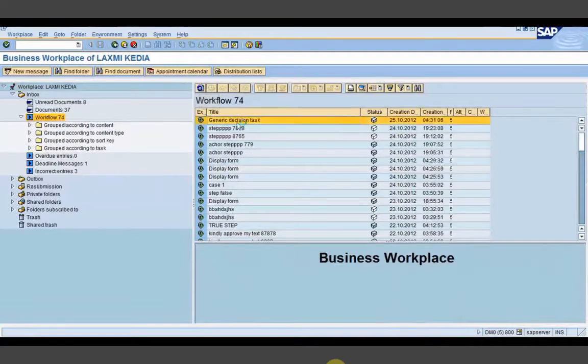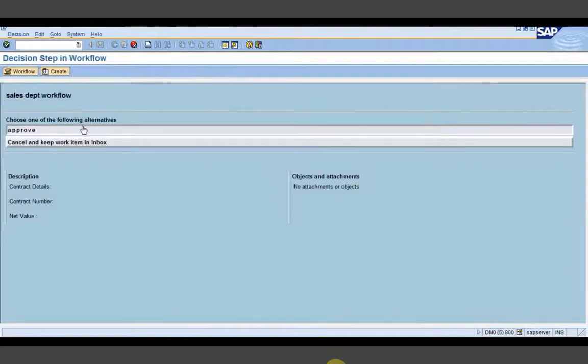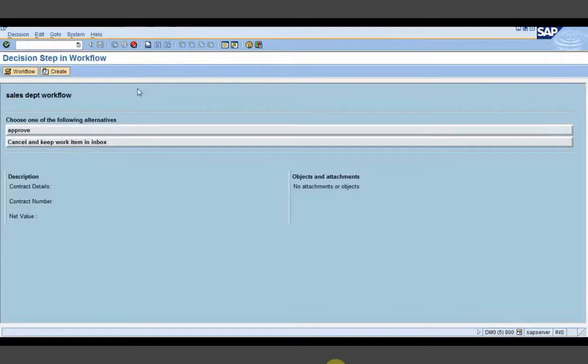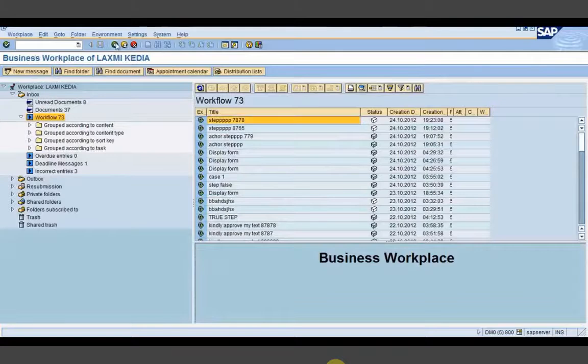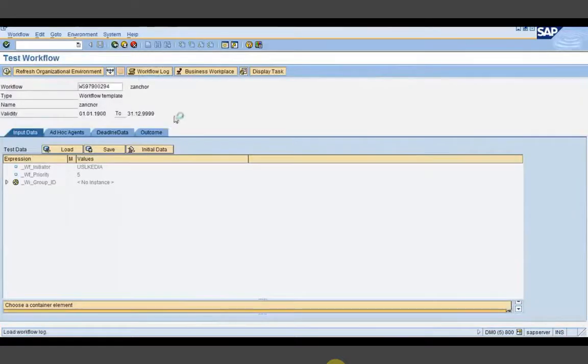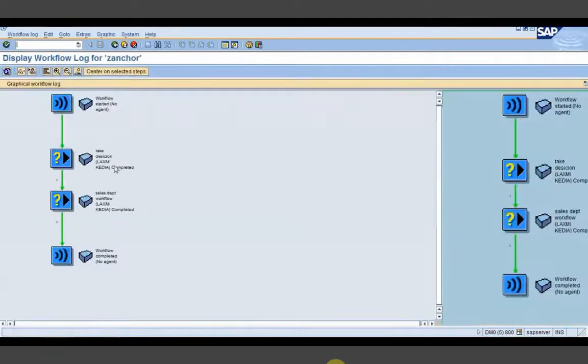This particular step you can see here as the text sales department workflow. So I have received this. Also I will show you in the log, in graphics. You can see here it has got executed.